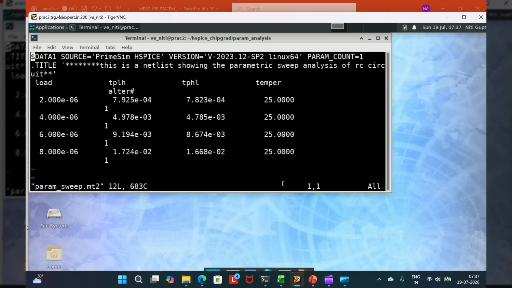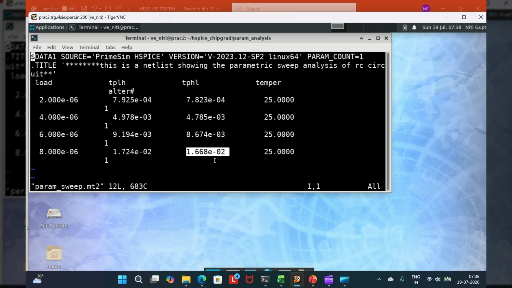And now guys, if you're able to see, for 2 micron, 4 micron, 6 micron, 8 micron, in one go he has given me all the values. And what I am able to analyze from here is that as I am increasing the load from 2 micron to 8 micron, my TPLH value has increased, my TPHL value has increased.